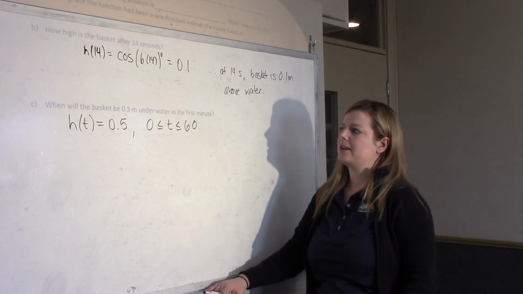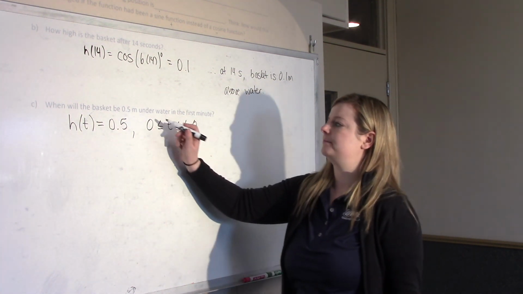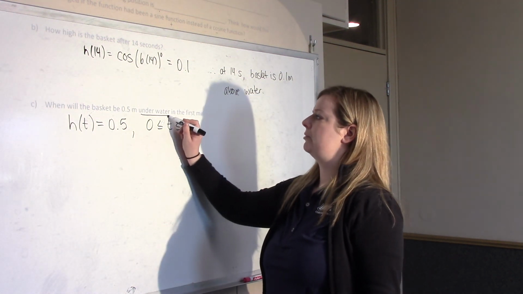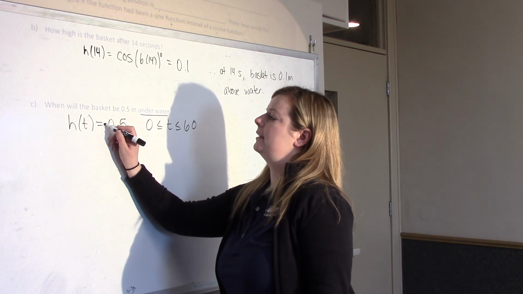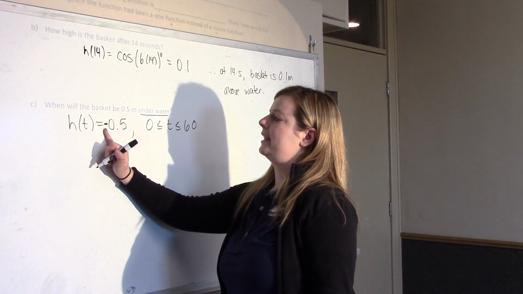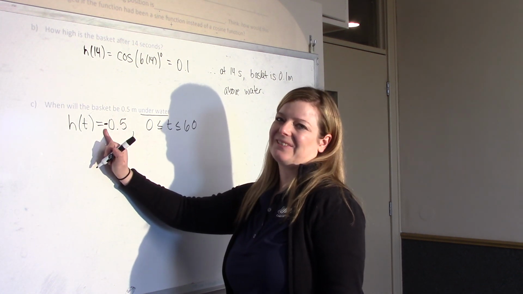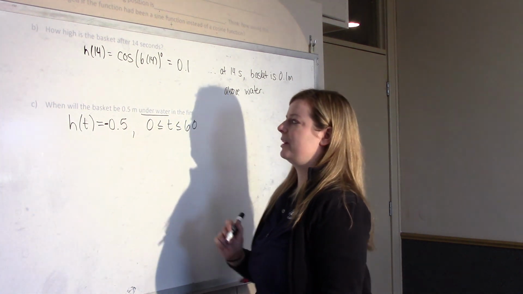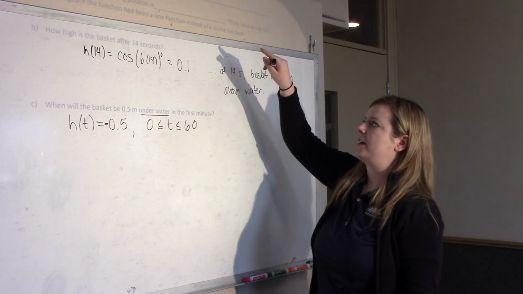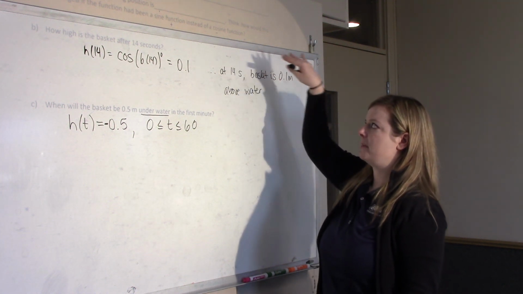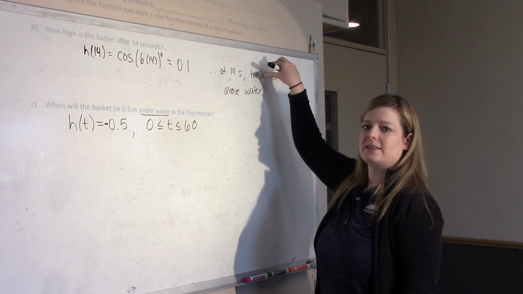Oh, sorry, I just made a mistake. Underwater. So that means the height is negative 0.5. Read carefully. Negative 0.5, because we're looking underwater. So now look at negative 0.5. If you go across, you'll see there's, in the first minute, two sections where